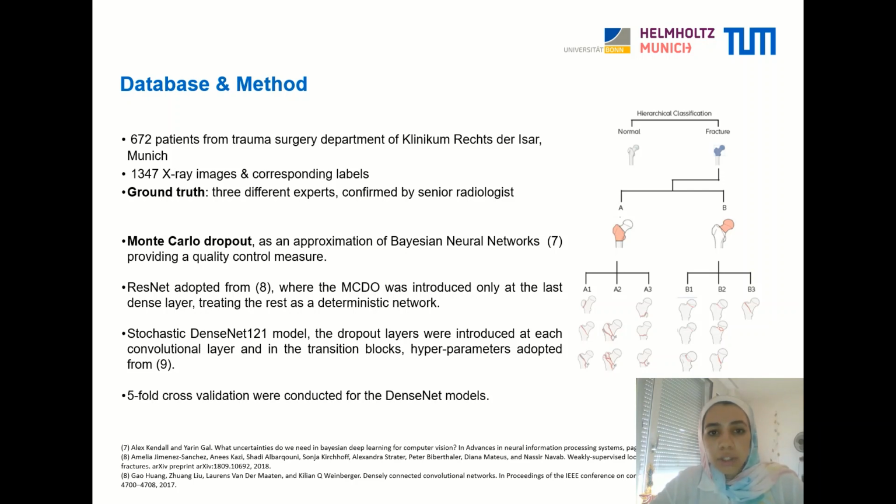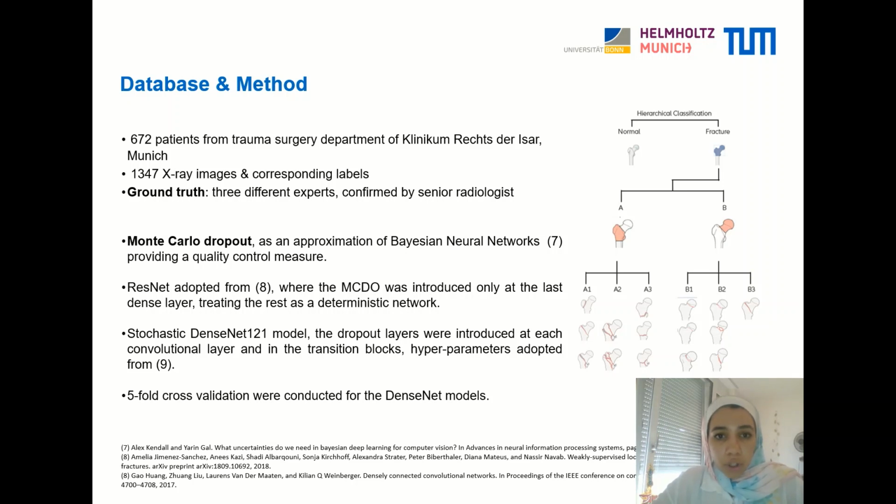In our work, we benefit from Monte Carlo dropout as an approximation of a Bayesian neural network to provide a quality control measure. As for our models, we have 2 different network architectures. First, ResNet, which is adopted from our baseline, where the Monte Carlo dropout was introduced only at the last dense layer, treating the rest as a deterministic network. Whereas the second architecture, DenseNet, is a stochastic model, where the dropout layers were introduced at each convolution layer and